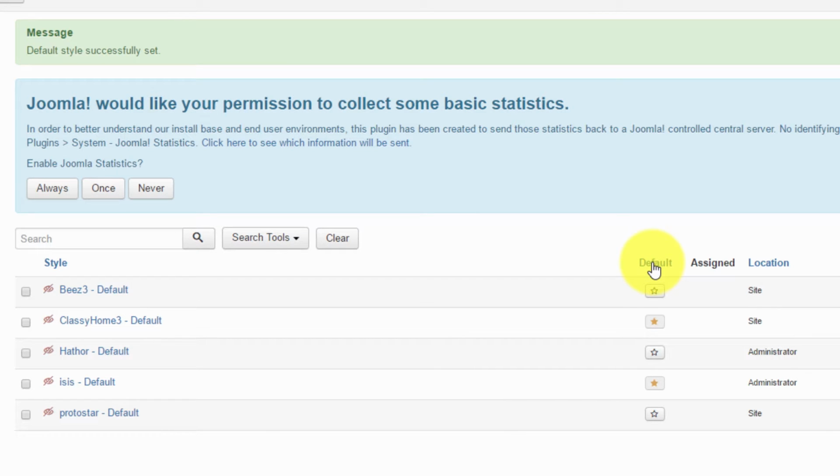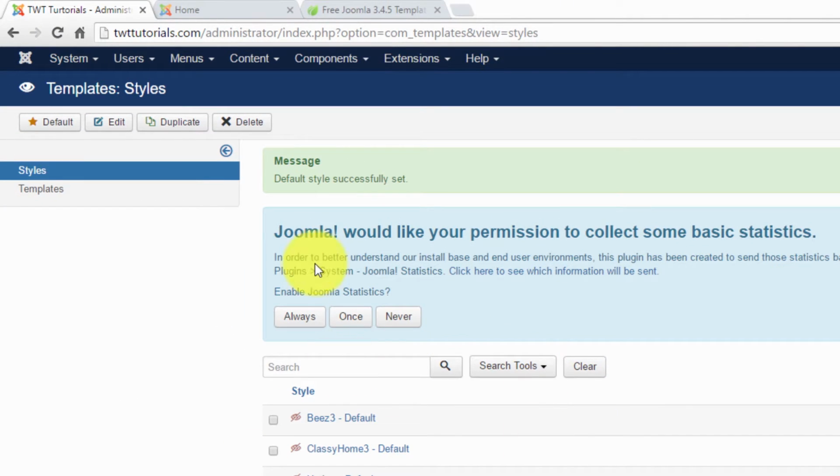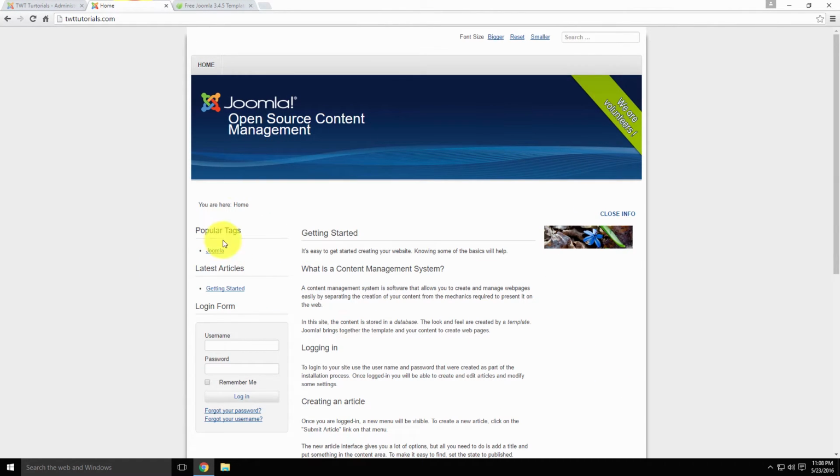I'd also like to just quickly mention that the example they used to demonstrate the live site had a lot of menu options. So until we actually create and set up a menu, that won't really display very well. But let's just have a look to see what that's done to our site. So if I come back to our homepage, so this is what it currently looks like. So now if I refresh this,